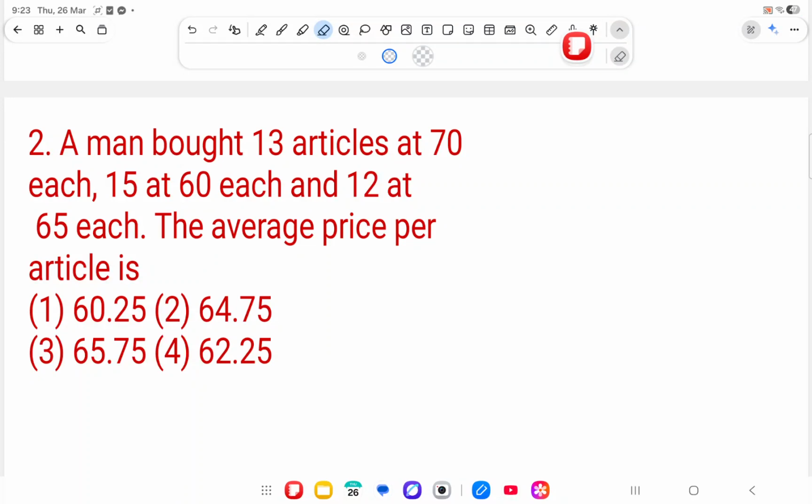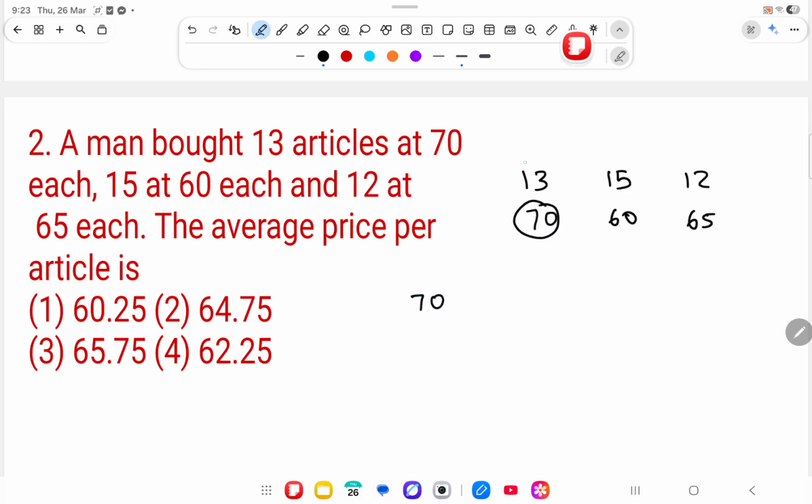Second question says that a man bought 13 articles at 70 each, in the sense that is average, then 15 at 60, and then 12 at 65, same as the previous question. So first I go with 70, then no need to consider 13. This is 10 less than, so minus 10 into 15, and 65 is 5 less than, minus 5 into 12,